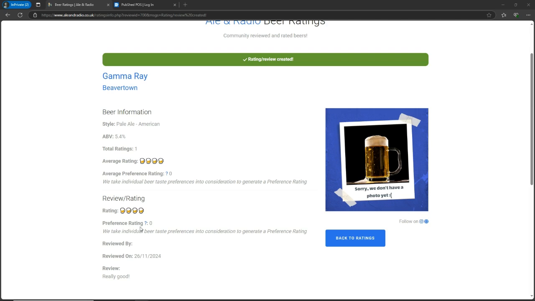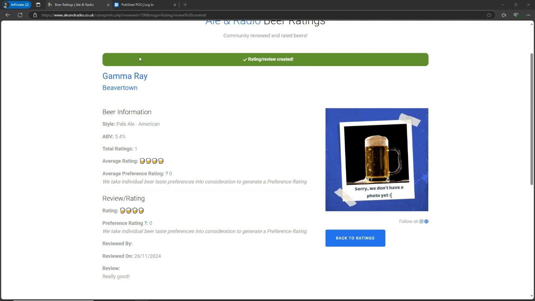And also we discussed preference ratings, where we're creating a kind of unique rating system that takes into account your beer style preferences, where you can style, for example, a sour beer. If you really like a sour beer, you could rate it a 5. If you don't like it, you could rate it a 1. And then we use that to generate some sort of unique rating system that's tailored to different people's tastes and